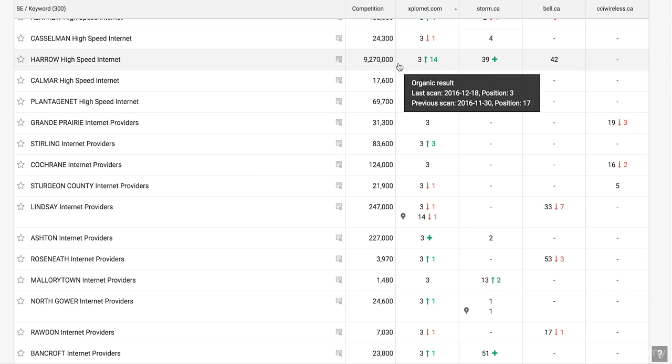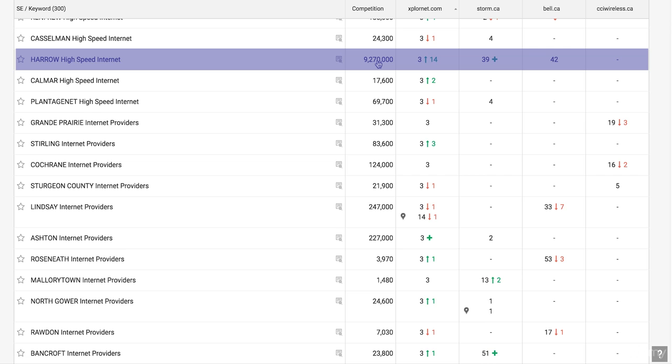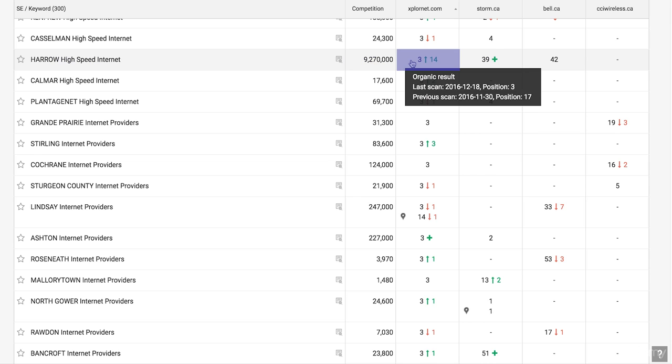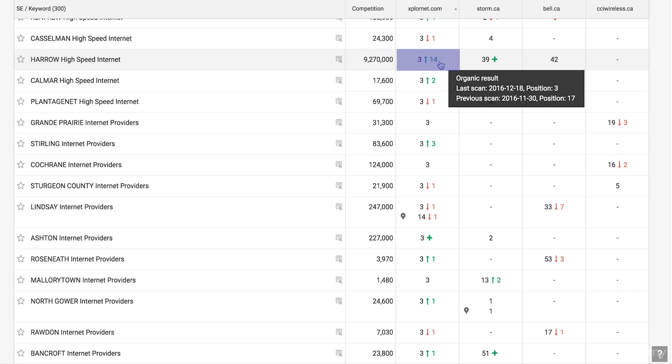Let me explain few of the annotations and errors and plus signs that you can see in the report so you can evaluate and understand what is going on. So for example, this keyword have over 9 million competition. Competition mean that there is more than 9 million pages in Google index that is relevant to this keyword. ExploreNet ranked number 3 on page 1, and as you can see, their ranking have increased by 14 position from